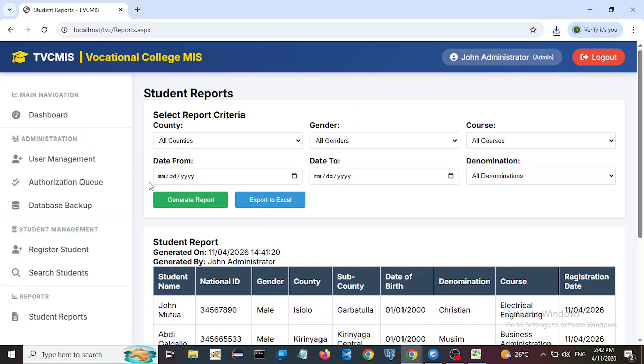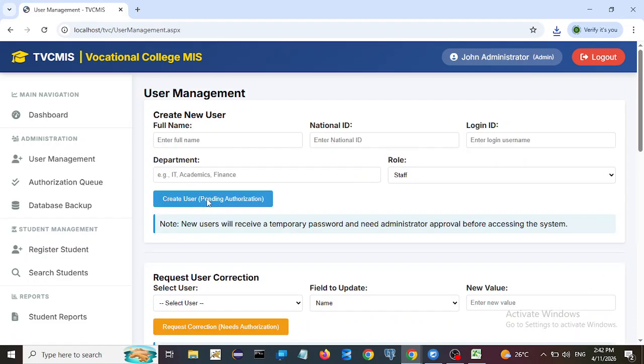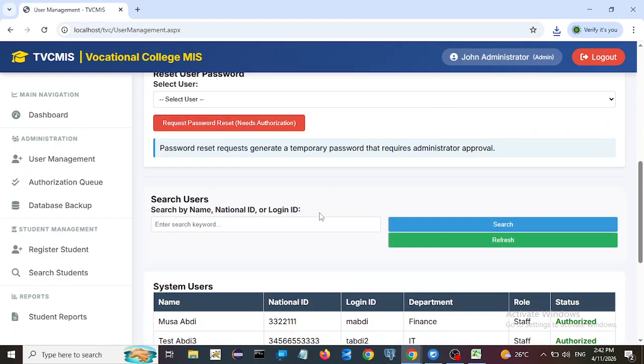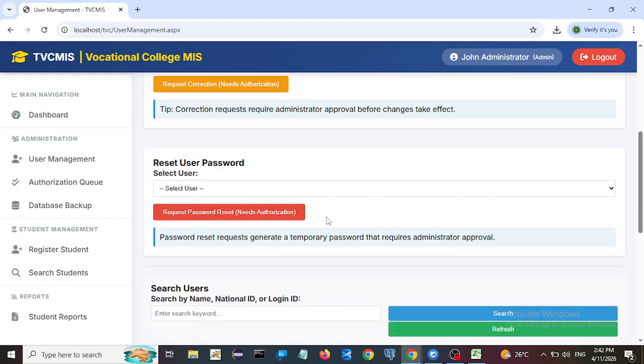Now, we come to the module of administration. Administration, this is whereby now you give control to the people who can use the software, or this is how you enroll the users. So under the module of administration, there are three menus. There is user management, and under user management, this is a comprehensive form which does all the activities pertaining to the